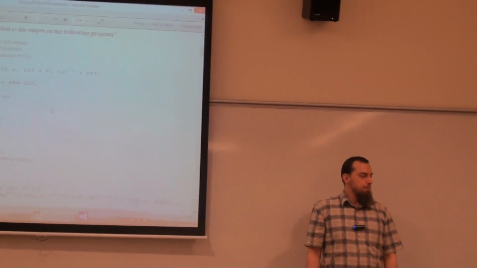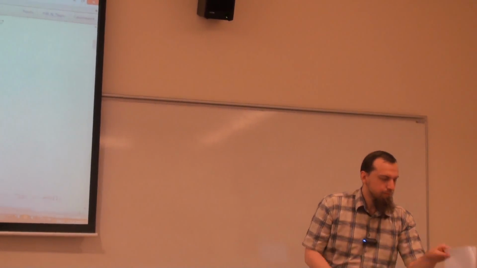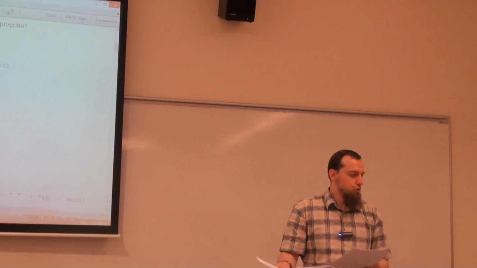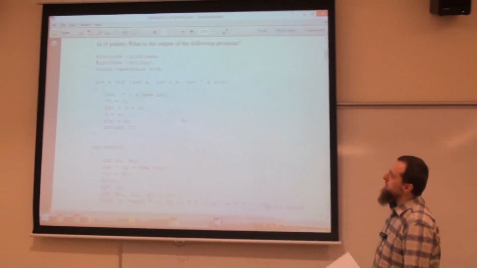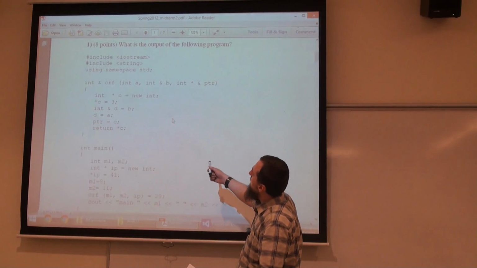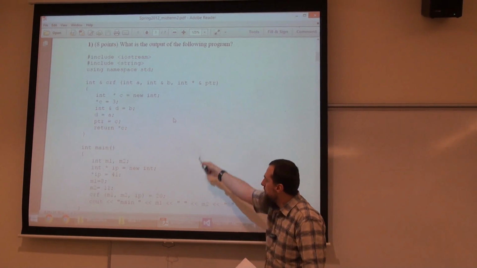Now we are going to see some midterm samples, and this is what you should approximately expect for your midterm. Let's go with the first question. You should print out the output. So what is the output of the following